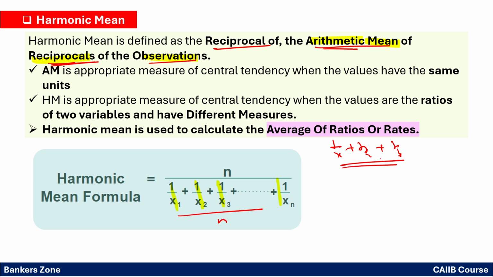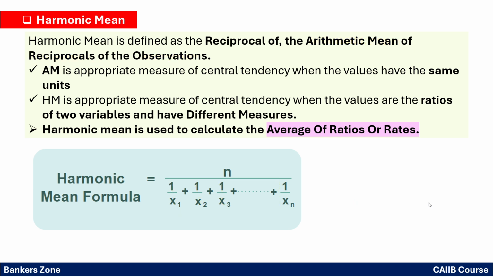Now if we take the mean of it, what do you have to do? Mean means simply we have to divide it by n because there are n number of values. Then for all this we have to take the reciprocal. So it will become n upon 1 upon x1 plus 1 upon x2 plus 1 upon x3. Okay. So no need to worry. Just remember the formula. Only remembering the formula is most important. What is the harmonic mean formula? It is n divided by 1 upon x1 plus 1 upon x2 plus 1 upon x3 plus 1 upon